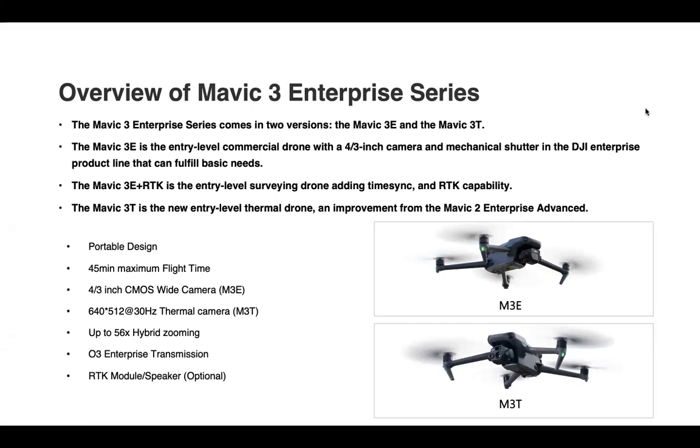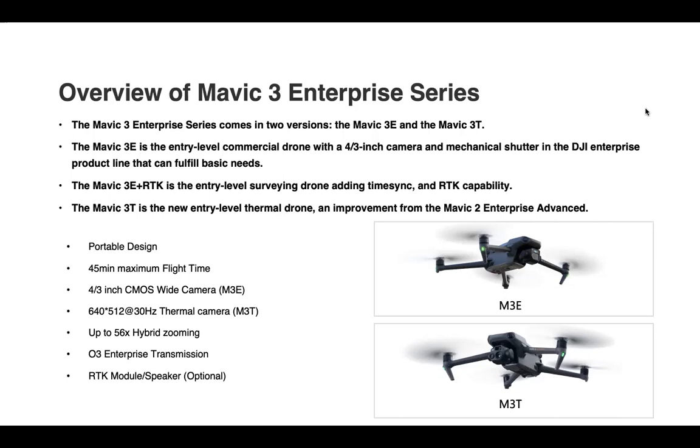The Mavic 3E is the entry-level commercial drone, has a 4/3 inch camera and a mechanical shutter. And this is a drone within the DJI Enterprise product line that can fulfill basic needs for end users on the enterprise side. The Mavic 3E with the RTK module would be an entry-level surveying drone because it adds the time sync and RTK capability. And ultimately, the Mavic 3T is our new entry-level thermal drone, which is an improved platform from the Mavic 2